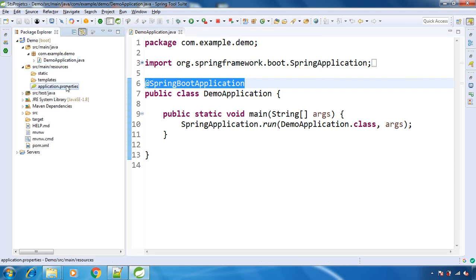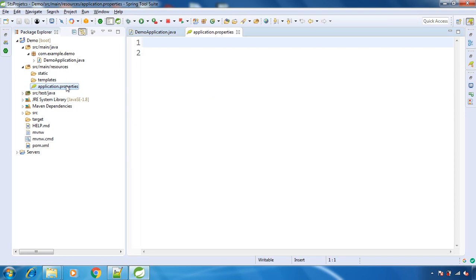If you expand src/main/resources, here we have application.properties. In Java we know that a properties file has key-value pairs, key equal to value. Here we can store our database properties like database username, password, URL, and name, to make the database connection. Apart from that, we can have our own properties as well. For example, you can have your application name inside the application.properties and read that property throughout the project. We will see that in one of the upcoming lectures. So this is how our simple Spring Boot application looks.